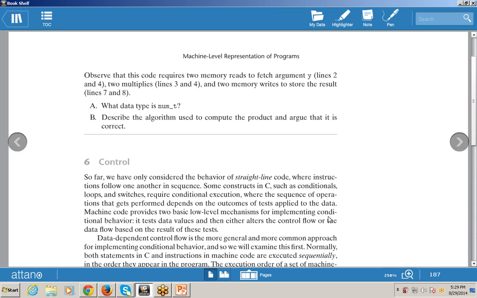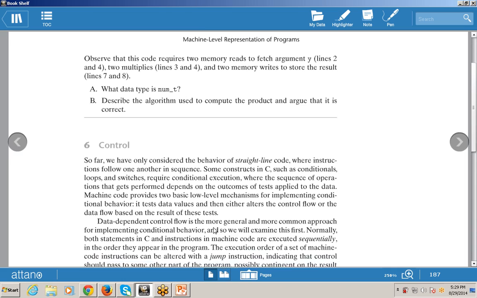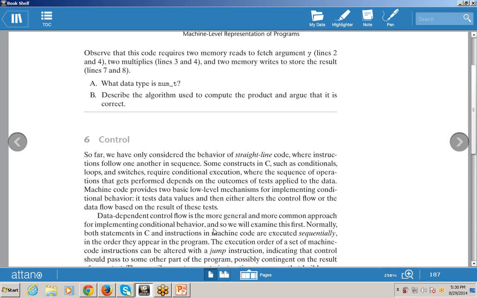First it tests the data values, and then it decides whether to alter the control flow or the data flow based on the result of the test. So till now we have covered only straight-line coding, one instruction after another. But now it's time to move to conditional statements and expressions, so that based on the condition we can test the output and apply it to the data.